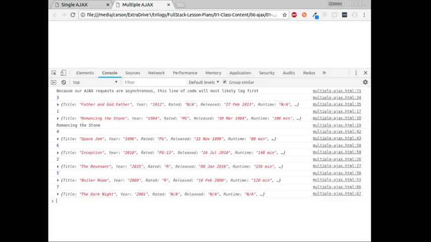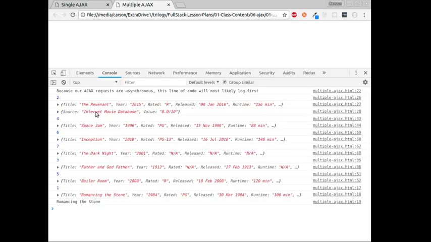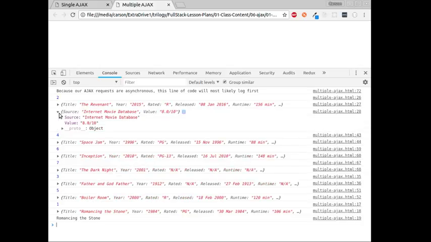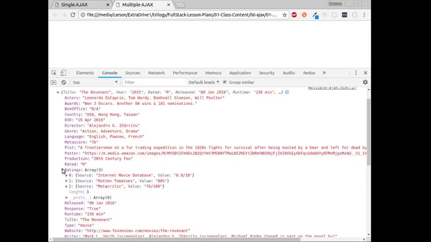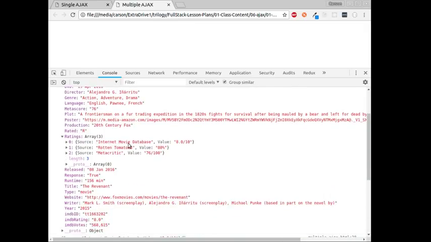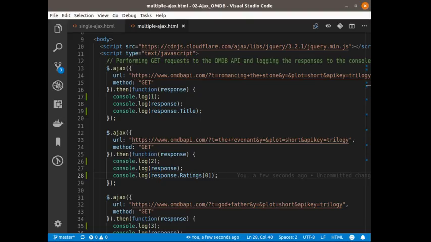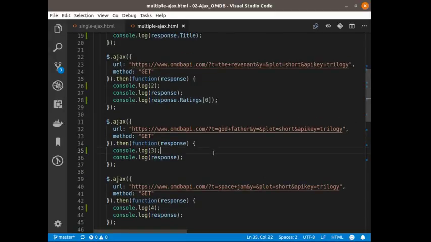This is on number 2. So for number 2, here's our rating, source, Internet Movie Database, value 8 out of 10. Now if I take a look at the Revenant, and I look at the ratings, rating number 1, IMDb, value 8 out of 10. Rating number 2, Rotten Tomatoes, rating number 3, Metacritic. Right? These are just objects that we can break down. Number 3,